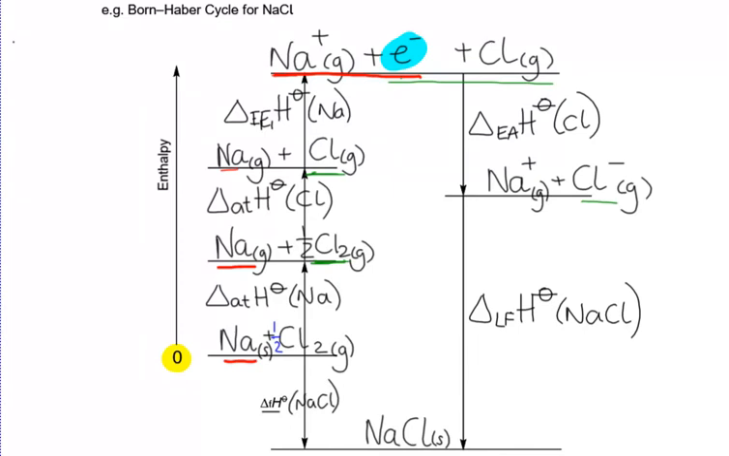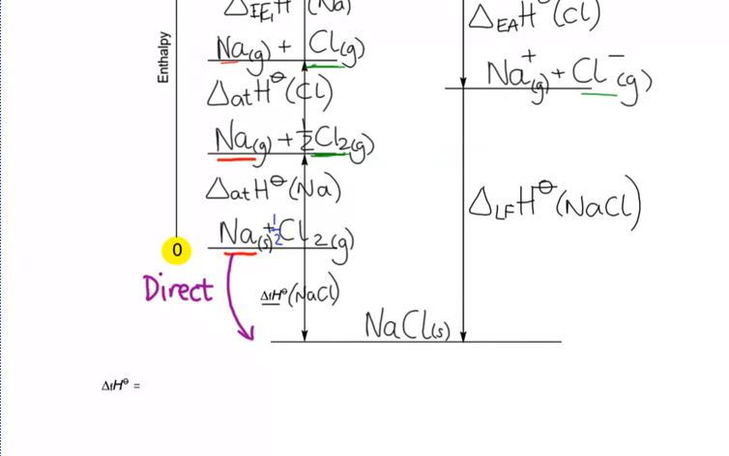Now we need to apply Hess's law. So it looks big, it looks a bit scary, there's lots of information on there. I'm going to use Hess's law to say that the direct route, and if we look at this, the direct route from the elements, let's get a different colour pen, that's our direct route from the elements to the lattice, is just equal to delta HF, that's our direct. It's going to equal our